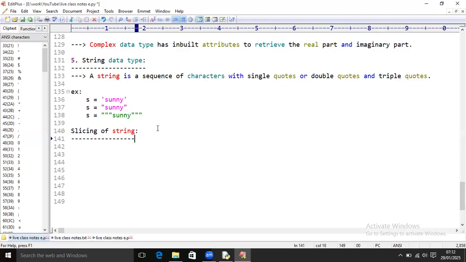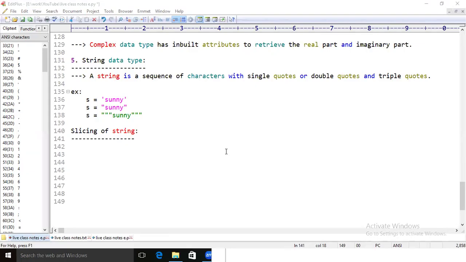For suppose here, Sunny is a string we have taken. So in this, you want to take only n instead of all letters. Then this method will be helpful for you to take some part of the string. Okay. How can we represent this? So here we need to specify